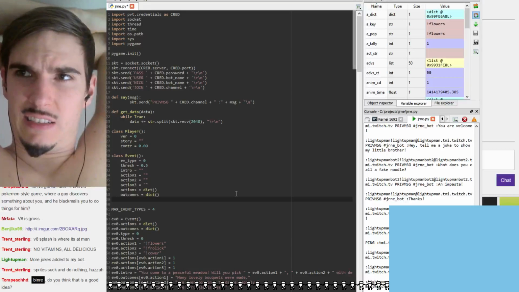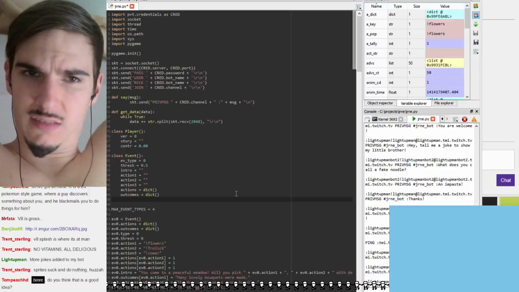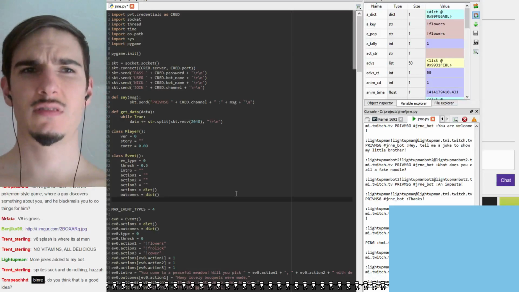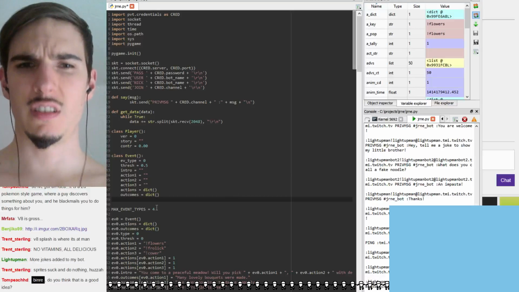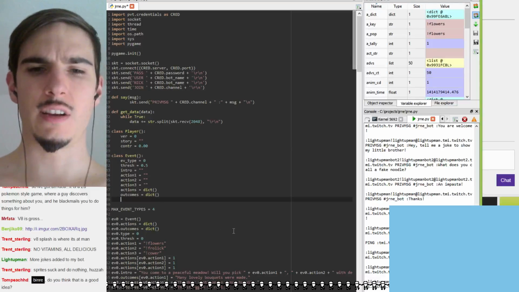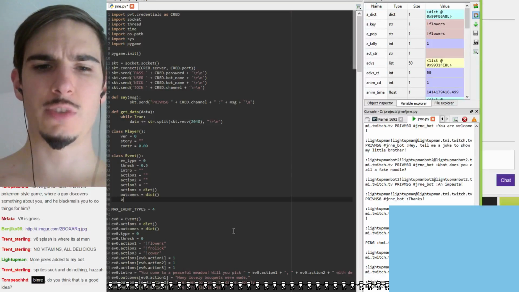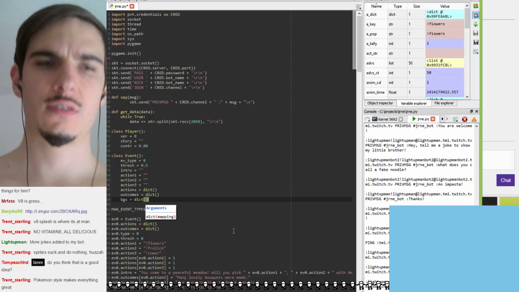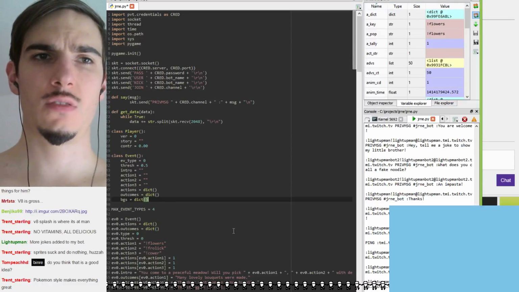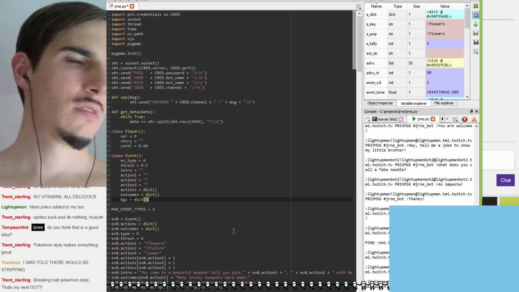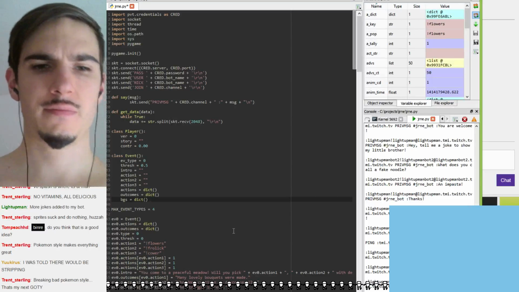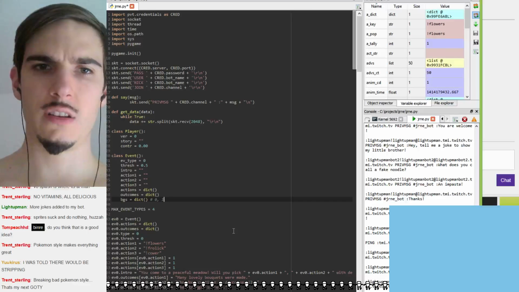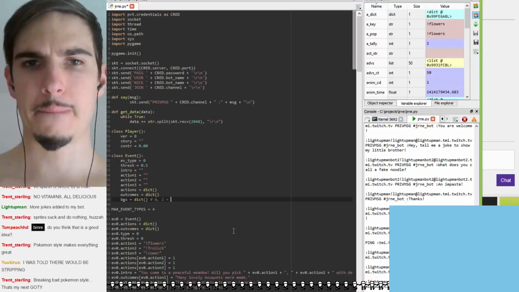It'll be BGs equals dicts. And then it's just going to be 0 and 1 equal